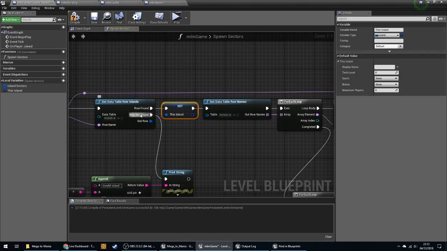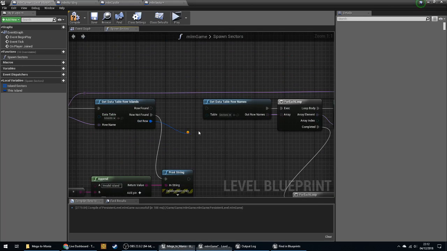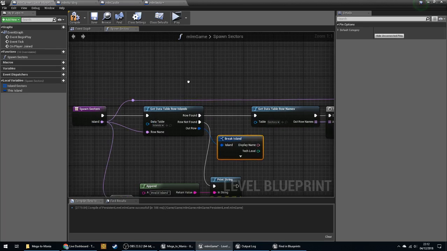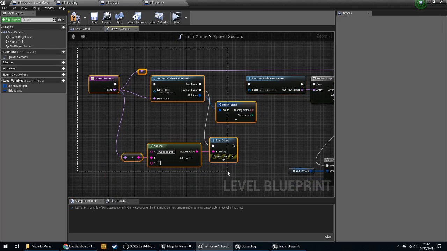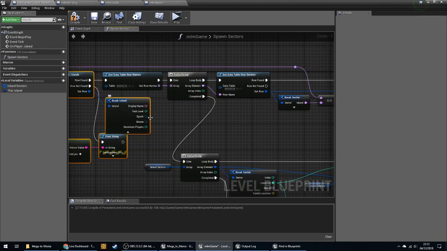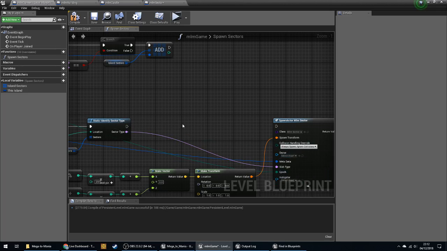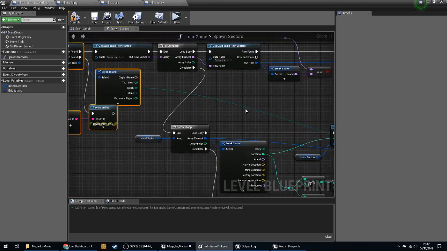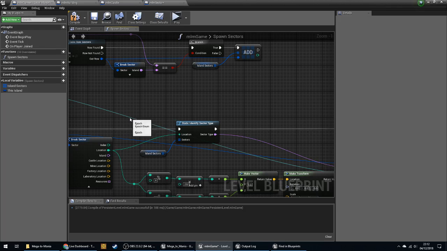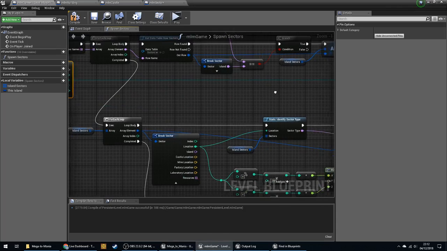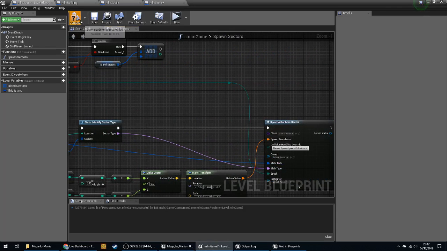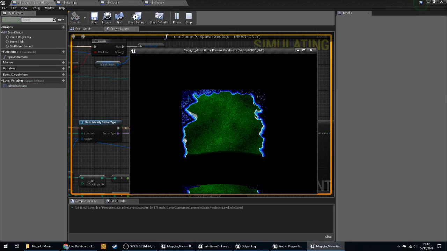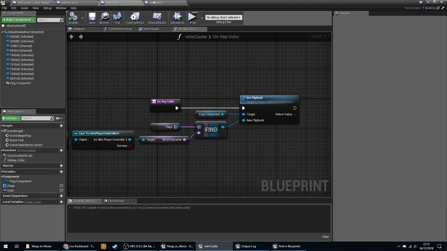It seems a bit pointless setting a local variable for it if we don't have to. Yep, okay, so the sector now has the right